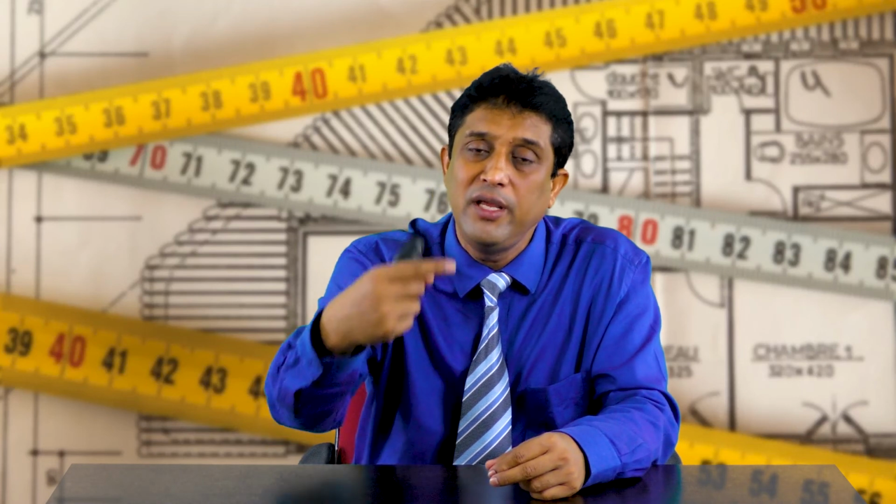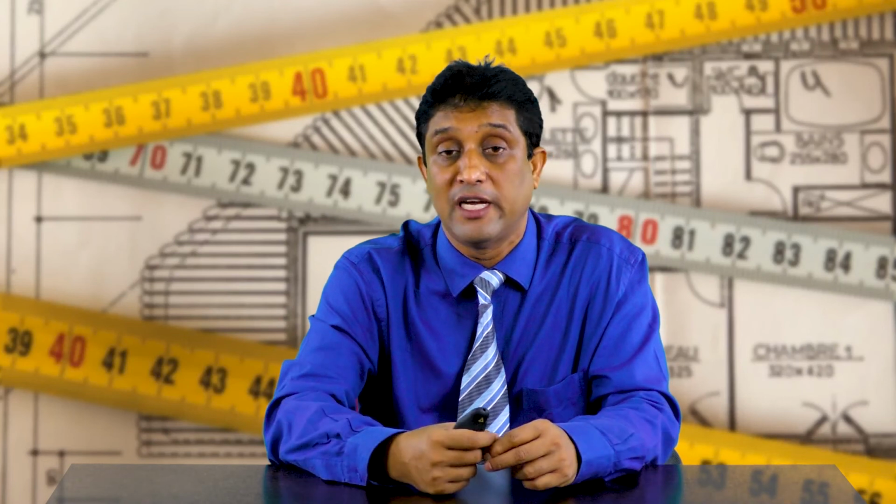True 0 point is only possible in physical measurement. So when we engage ourselves in measurement of physical sciences, it may be mathematics, it may be science, it may be physics, we engage ourselves in measurement of different physical objects. So here true 0 point is there, and that is possible only in a ratio scale. It is the simple difference between an interval scale and a ratio scale. In an interval scale, arbitrary 0 point is there, but in a ratio scale, true 0 point is there.